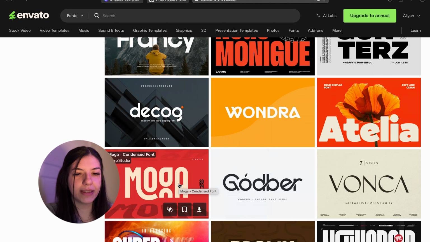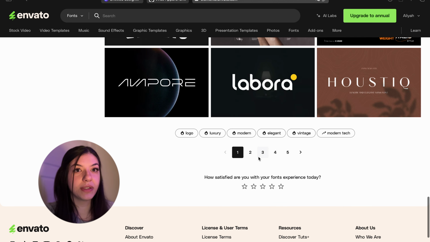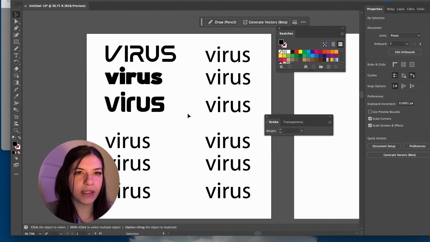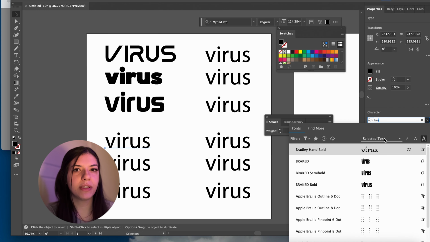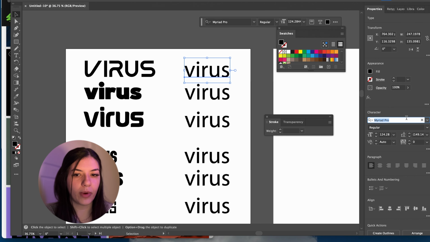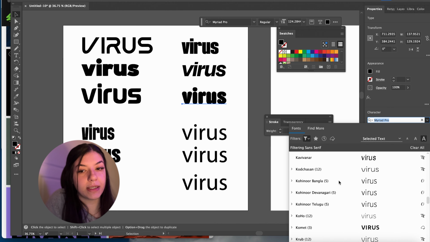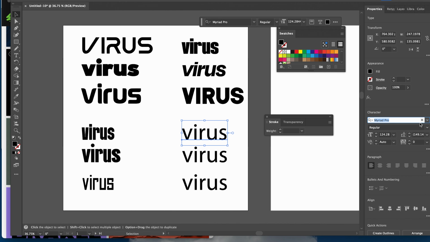So I'm just going to go ahead and speed up the process of picking out some fonts and then putting them into Adobe Illustrator just so you guys can see what I chose. So I have these fonts so far, but I want to see what they look like in capital letters if they're not in them already. So I'm going to put the ones that are not in caps now beside them.